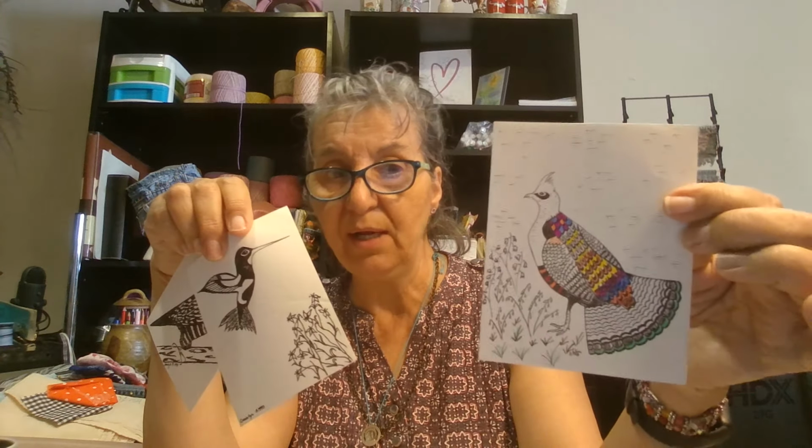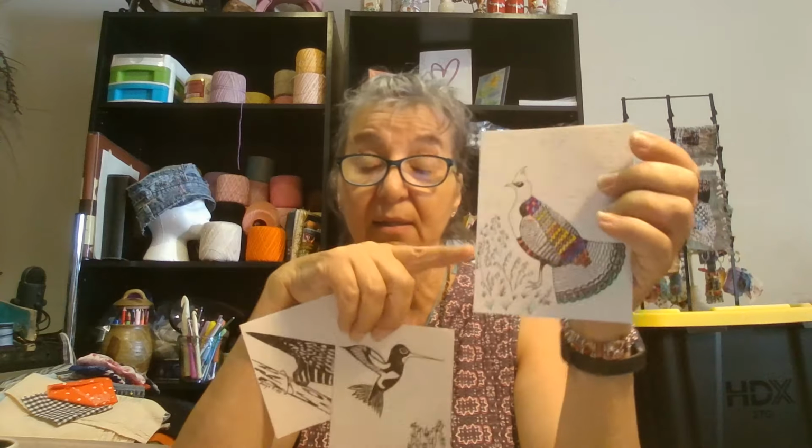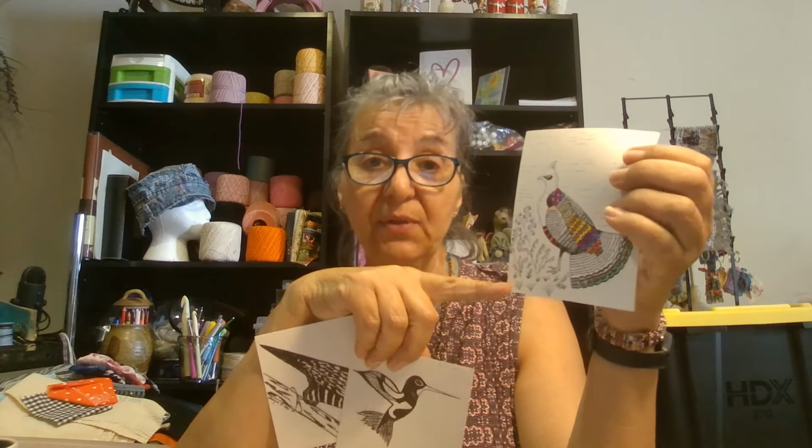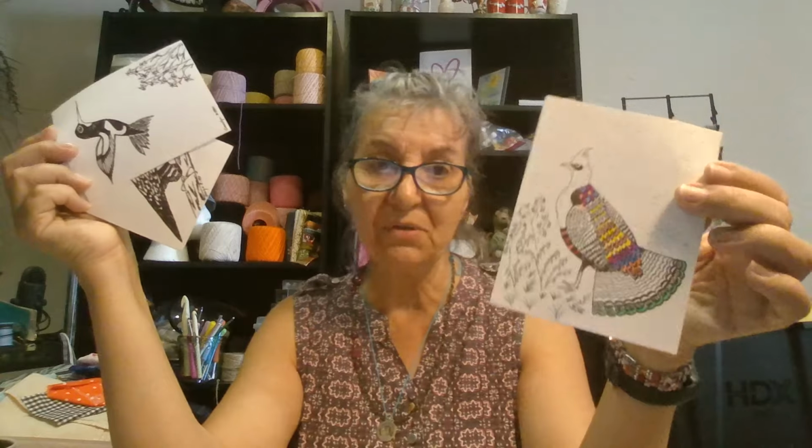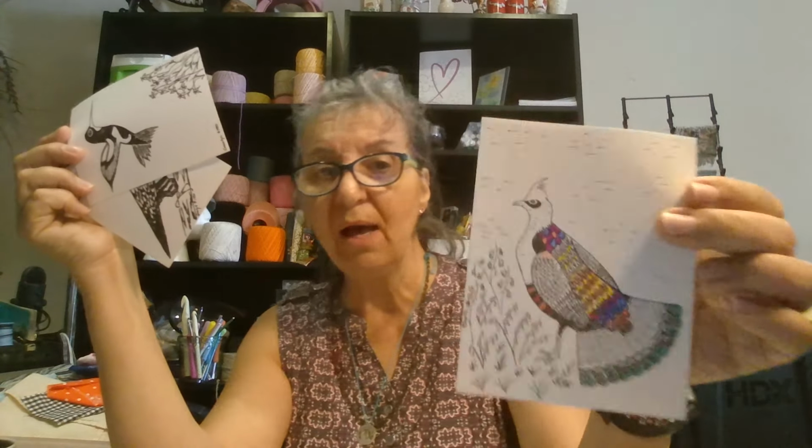So now this is on the white recycled paper. This is a hummingbird, and this is like my favorite. It's a grouse, and I did a needle felted grouse and donated it to the Vermont Bird Museum. I did this years and years ago. But I love to